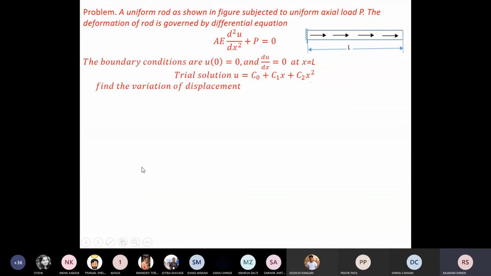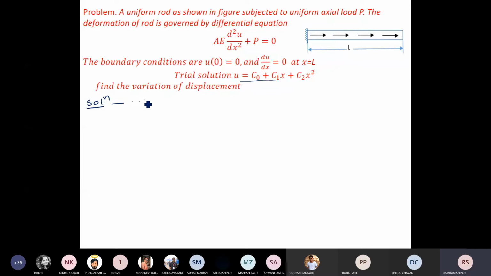Now, Jyotiba, you tell me what is the first step? We are going to solve this by the Galerkin method. Now, first I have to see here. In the last problem we didn't work on boundary conditions, but here we have to work on the boundary conditions. Why do we have to work on the boundary conditions? If you observe this, this is C0 plus C1x plus C2x square. Here we don't know whether it is satisfying the boundary conditions or not, but according to our rule it should be satisfied. That means the boundary conditions should be satisfied by the trial solution.